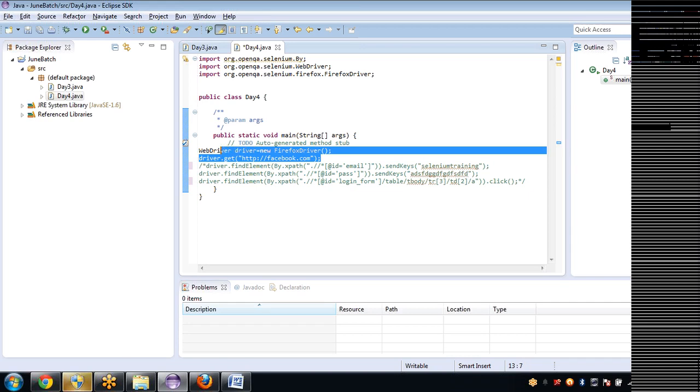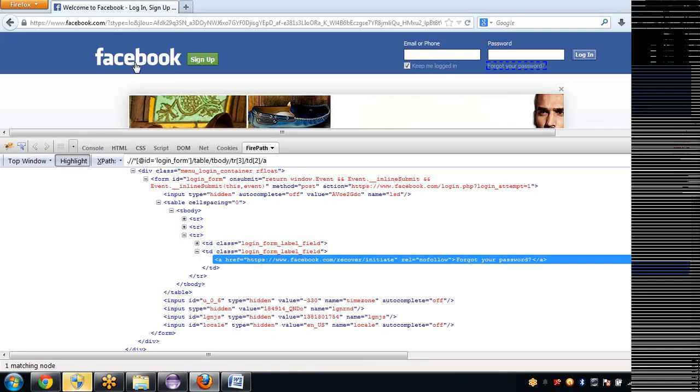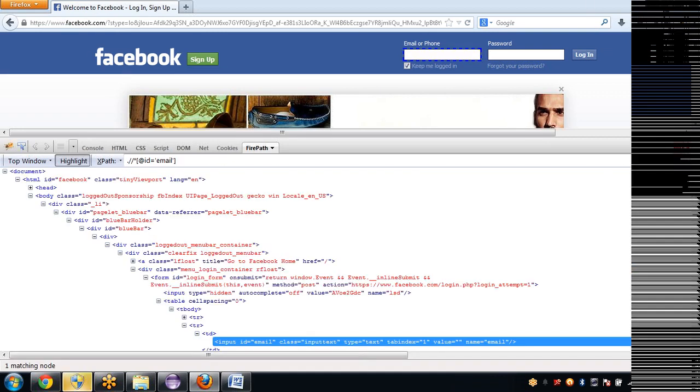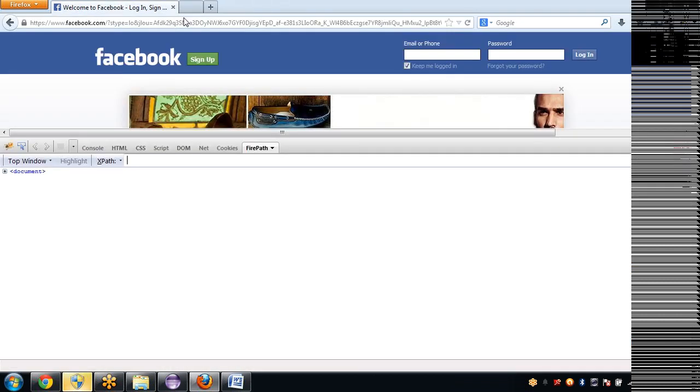Only these two steps will get executed. Okay. Now I'll try to identify this object with the help of another location technique. When you spy on this email, till now I have seen here. So come down.